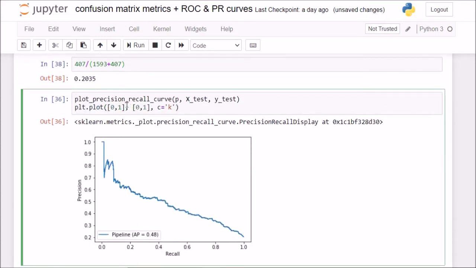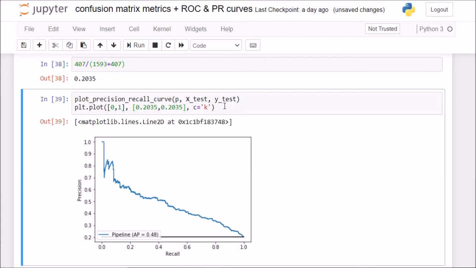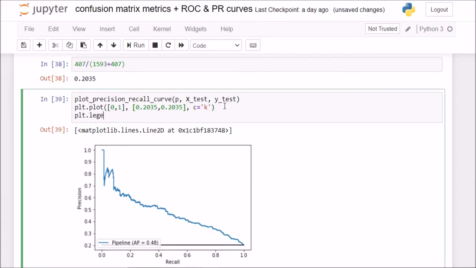So what I'll do is I'll say on my x-axis I need it to go from 0 until 1, which is correct, and on my y-axis I need it to be constant at 0.2035. So this is my baseline classifier, and I also say plt.legend location is equal to best.